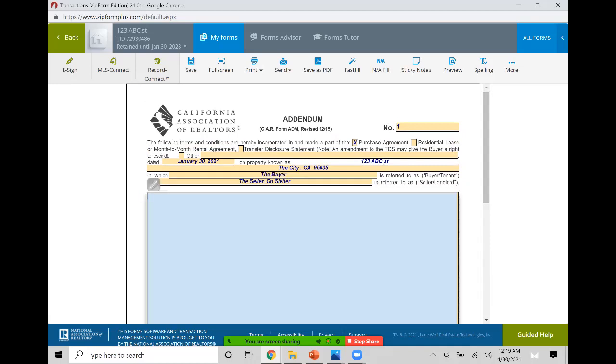If you're doing an addendum, it could be for several reasons. It could be that you want the seller to remain in the property after the sale, usually for 30 to 60 days. We could put 30 days. Sometimes you would give it for free, and sometimes you would actually ask them to pay. So the seller is willing to pay